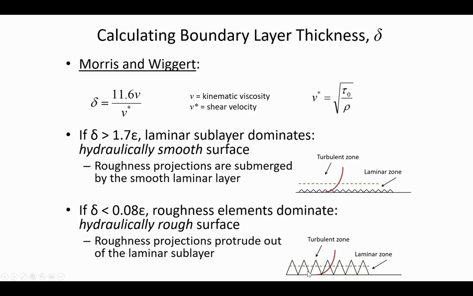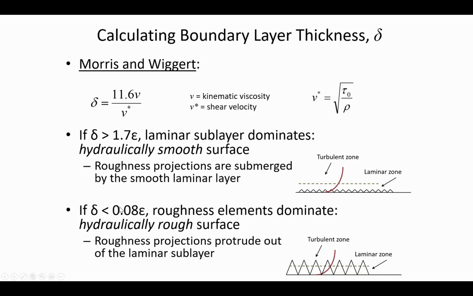And so now, if the peaks of the mountain protrude into the turbulent zone, then they're going to have a much larger effect on the energy loss within the pipe. So this is just saying if our laminar zone is relatively small compared to the roughness of those elements, then we have hydraulically rough. So there's hydraulically smooth, hydraulically rough,